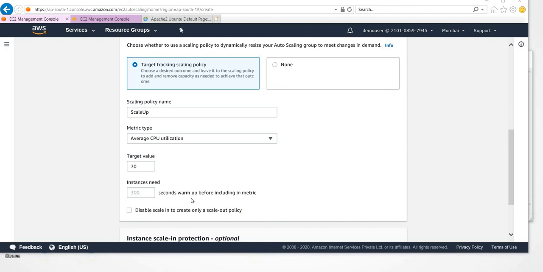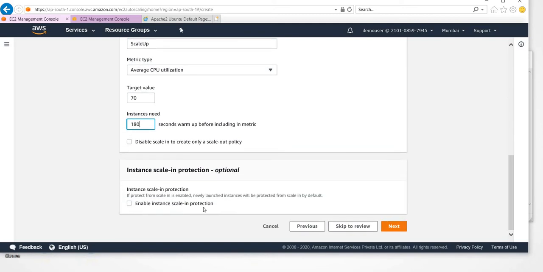In a production environment, there may be multiple libraries required, so obviously it will take considerable time. So here I can give it as 120 seconds, or even 180 seconds, which is very huge, 3 minutes, right? I think 3 minutes is more than sufficient to update the libraries and install the required packages and other things.